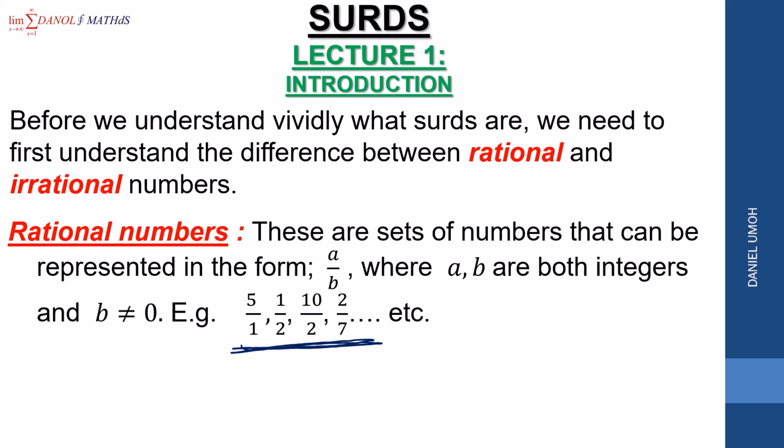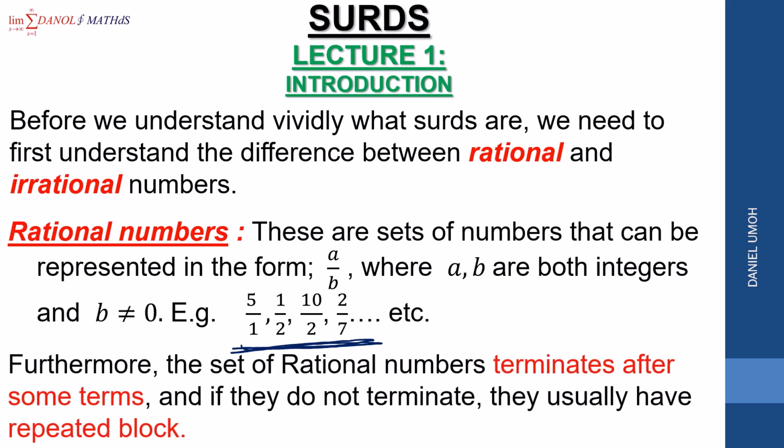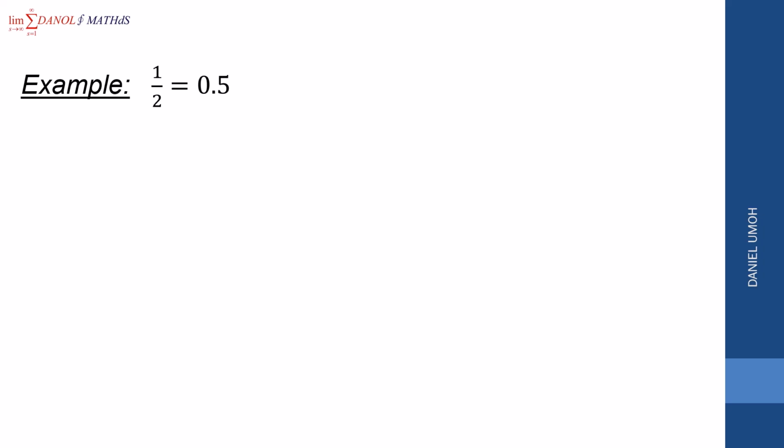And I want you to also note that the set of rational numbers are numbers that terminate after some terms. And if they do not terminate, they usually have what we call a repeated block. Now, for example, 1 over 2 equals 0.5. It terminates. And then 1 over 4 equals 0.25. It also terminates. But if you look at this other number, 26 over 7,